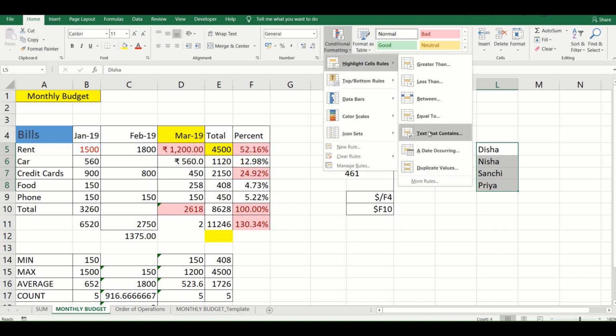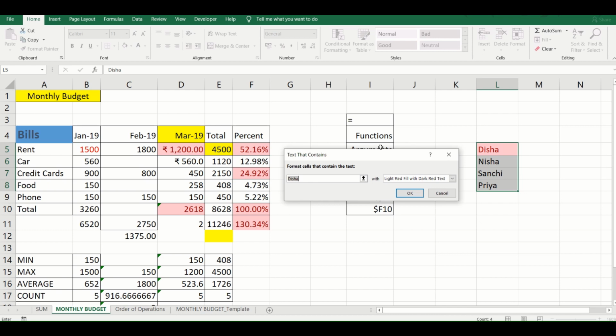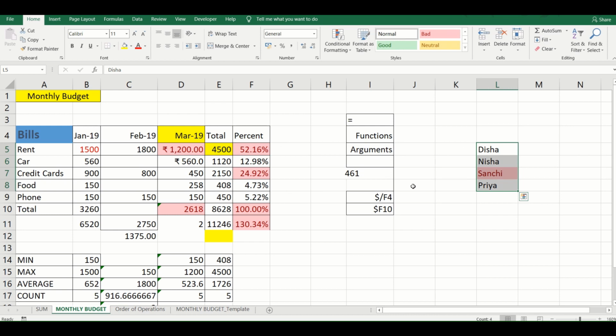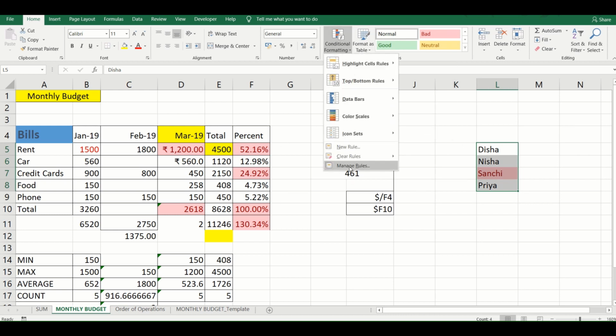I'm saying that if my text is containing Disha, highlight it, or if my cell is containing the text this, then you highlight it, otherwise don't. ठीक है, और highlight color change कर सकती हूँ. So यहाँ पे I can manage my rules, I can change my rules, or I can